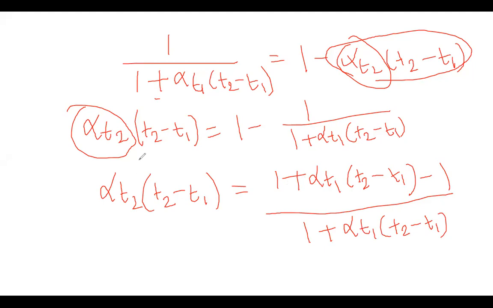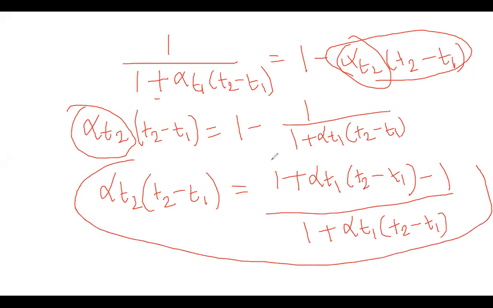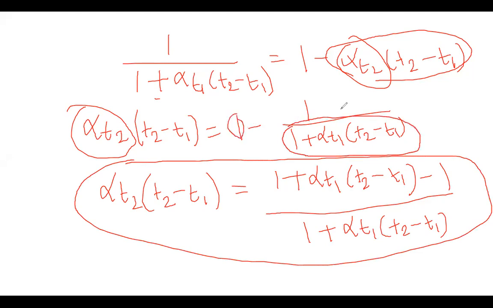See this equation, I am just rewriting over here. I am taking the LCM over here. This denominator is multiplied with this 1 minus 1, divided by the total denominator we write over here. So this 1 plus alpha T1, T2 minus T1 I just multiply here, minus 1 divided by, I will write total, it is equal to 1 plus alpha T1, T2 minus T1. So this 1 will be cancelled out here, and then after you can transfer this T2 minus T1 to the other side of the equal sign.